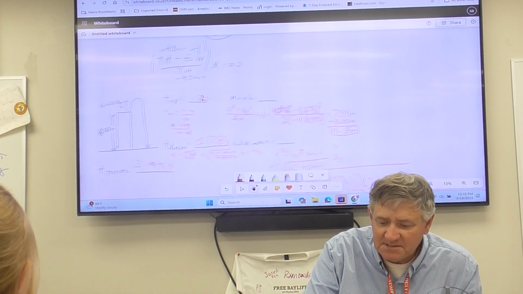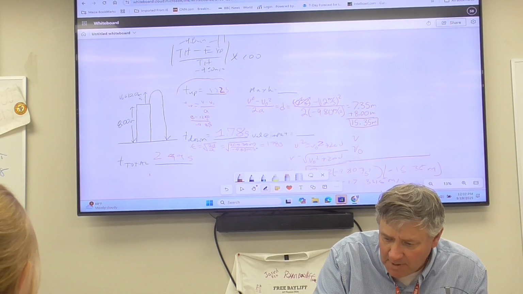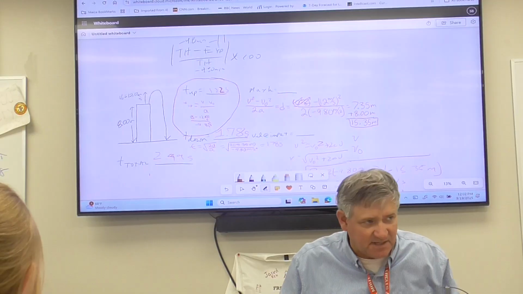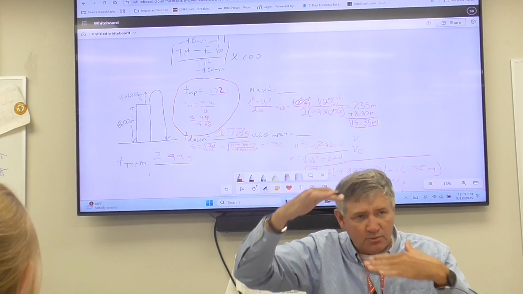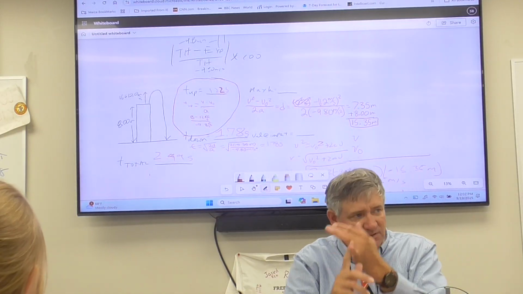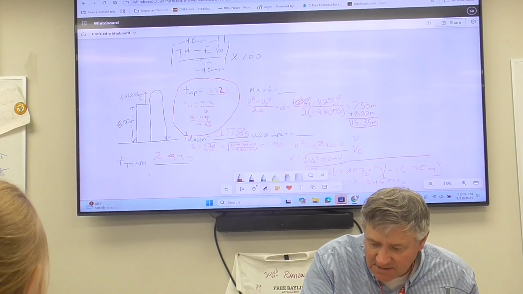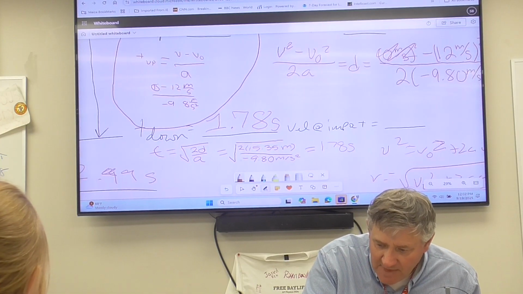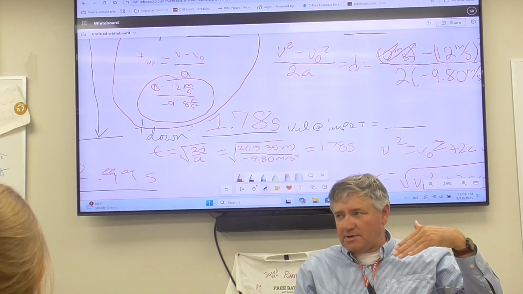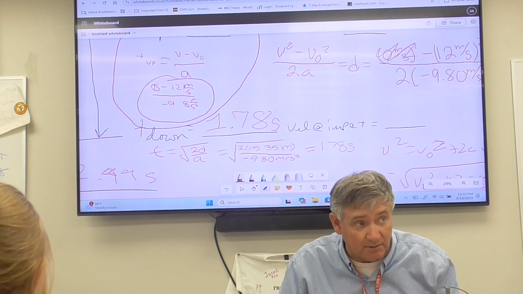Let's start at the beginning. On the time up, this is the level of work that I'm going to expect to see on the test. You're going to have an entire page to work this problem. I want to see the solved equation, and here's what's important: I also want to see that 0 minus, and then divided by negative 9.8 meters per second squared. I'm going to look for that level of detail.